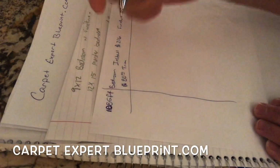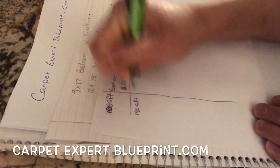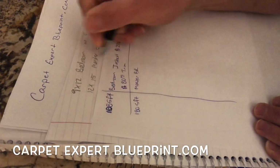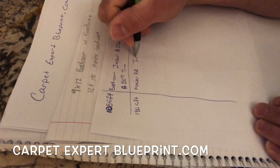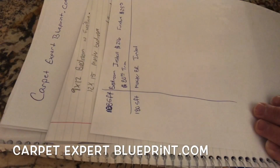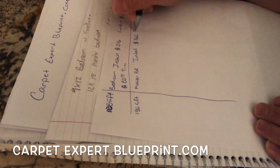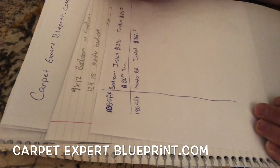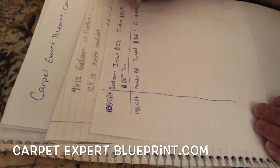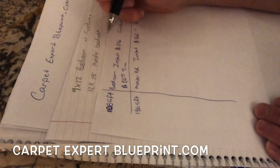Next one, we got a master bedroom, 12 by 15. That's going to be 180 square feet. We got install. It's going to be $360 for that room. Furniture in a room of that size, we'll call that $40. And then trim molding in there, you got about 48, so we'll call that